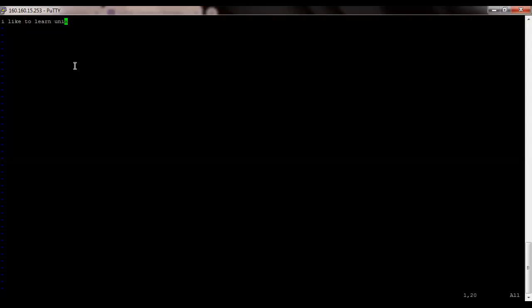Then I press escape, then :wq, where w means write and q is for quit. So when I do w and q, it will write the value. That means it will save and exit. When you press control s, it will save the value and it will exit.